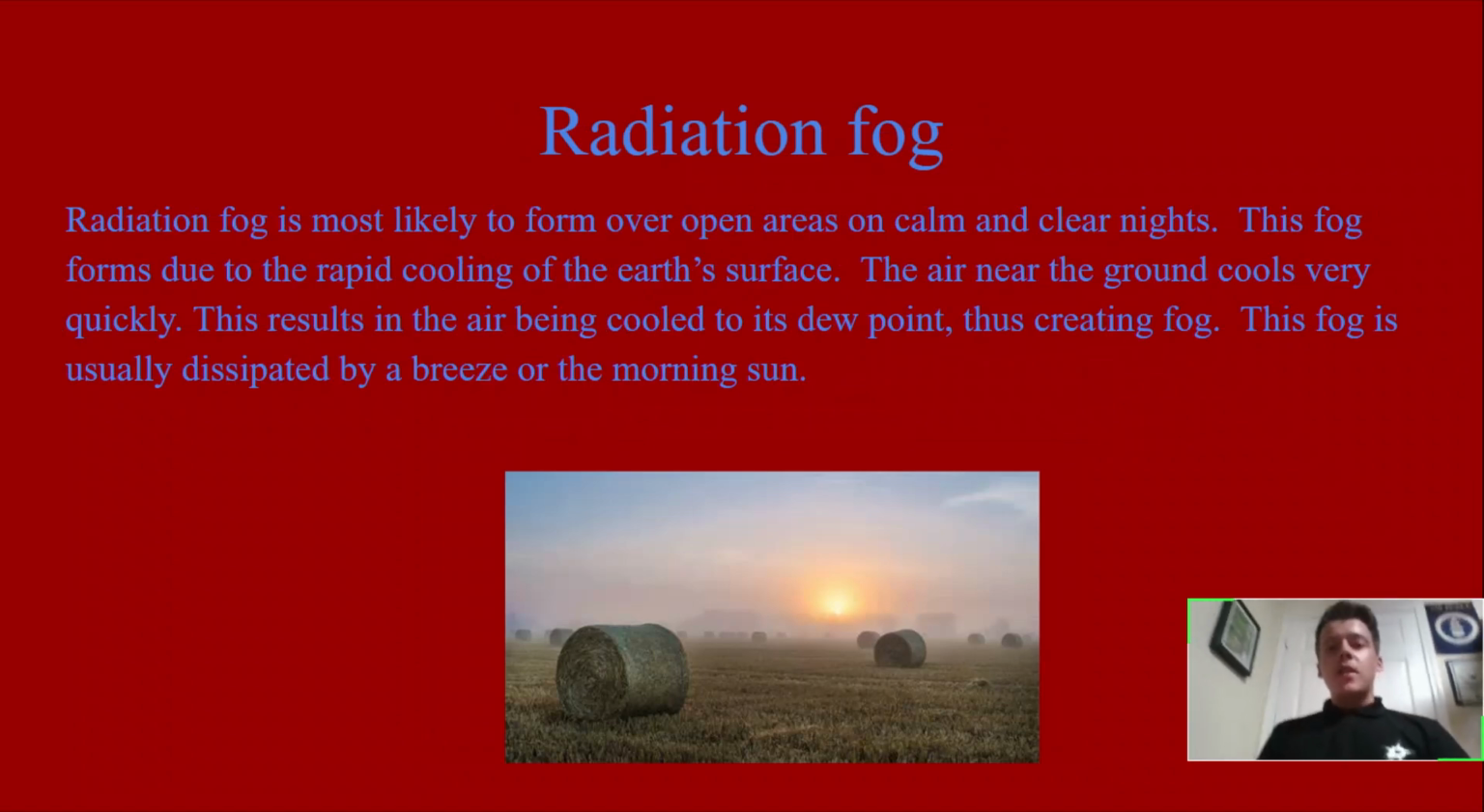So first thing is radiation fog. Radiation fog is arguably one of the most common types of fog. It happens over large flat areas like an airport, a farm field, anything like that, on calm, clear nights. And what happens is the ground cools very rapidly right after dark and throughout the night, and the air close to the ground is subsequently cooled to its saturation point, forming a layer of fog, which can be various levels